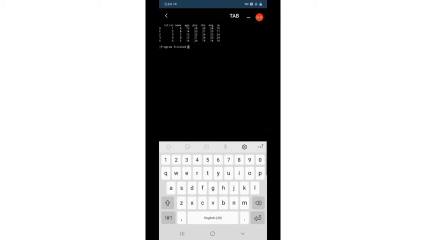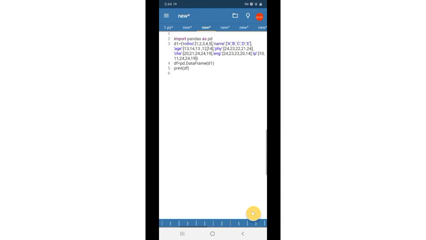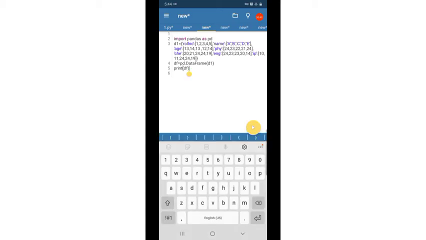Now our first question is to calculate the total marks and display in the field total. Now we have to create a column total. So we can write DF, which is our data frame. In that we create a column total,